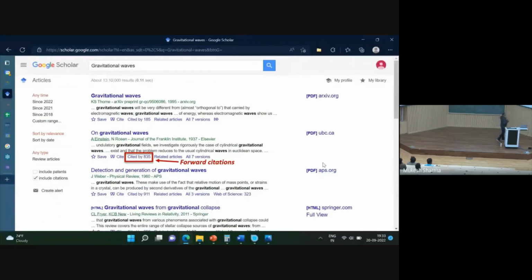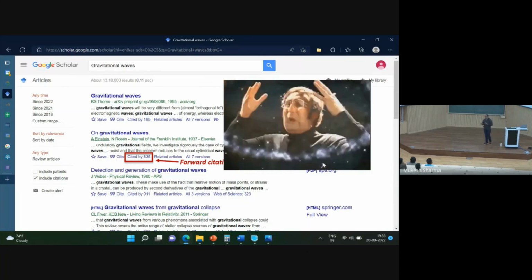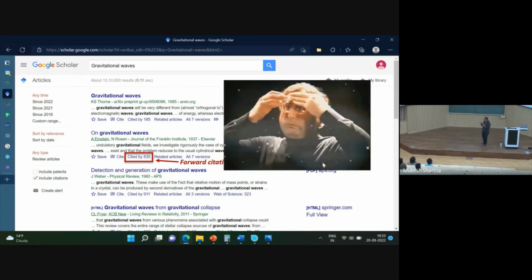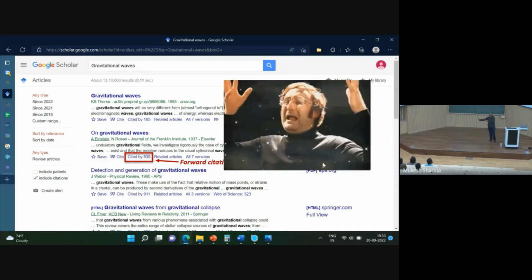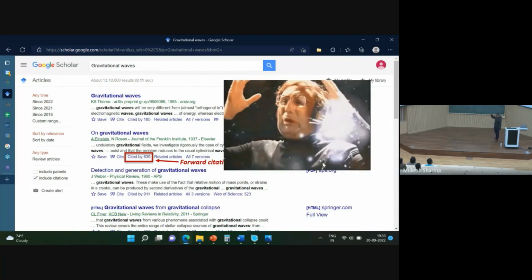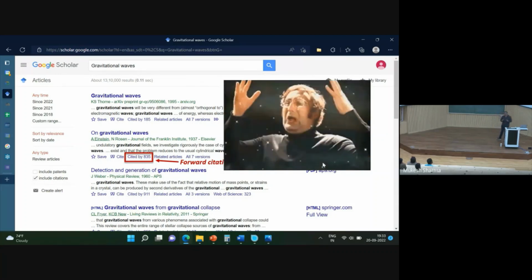So we saw that this particular paper, just taking a random example, has got 835 forward citations, right? Too much to handle. You cannot keep everything in your brain, fine? So you need to develop a second brain where you shove all your citations, and then you build your library. And that's basically what a